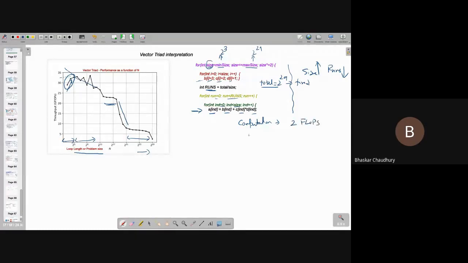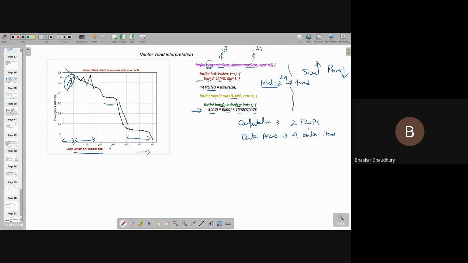And how much data access? 4, for each of the 2 raised to power 29 iterations. Four data accesses. It depends on single precision or double precision. If you're using double precision, you can get it into bytes, like 4 into 8. So basically 4 data items depending on which precision. If it is single precision, the scenario is probably better compared to double precision, because double requires more data.